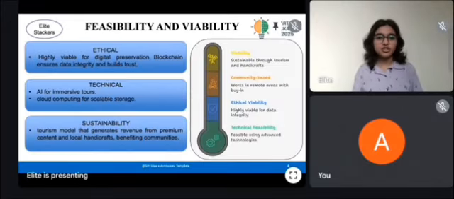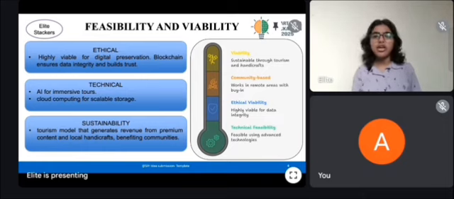Now let us talk about feasibility and viability. From the technical side, everything we propose is achievable with already existing technologies. We can create 360-degree virtual tours using cameras and VR platforms. We can also add multilingual narrations using AI voice tools. We can make this platform accessible offline with the help of progressive web apps. And we can integrate maps and transport services with the help of readily available APIs.